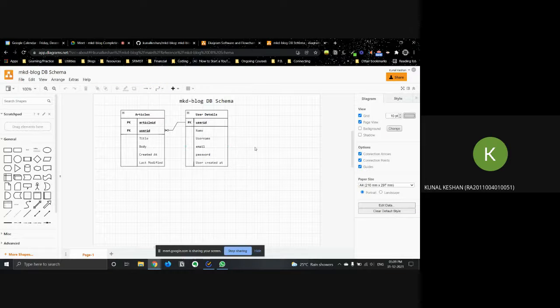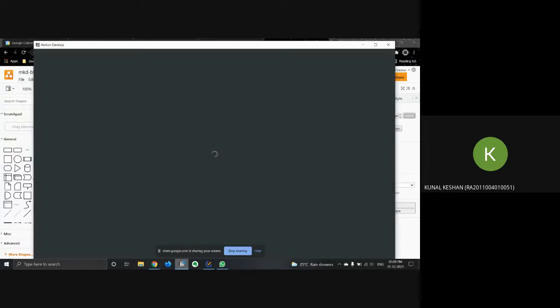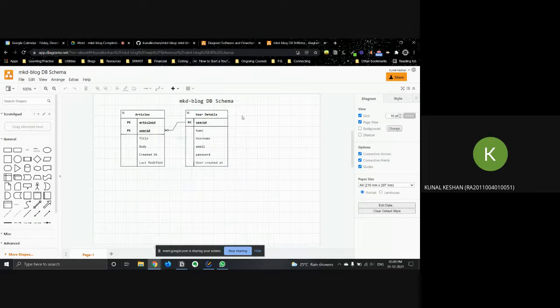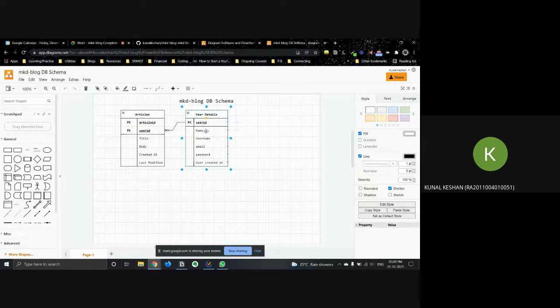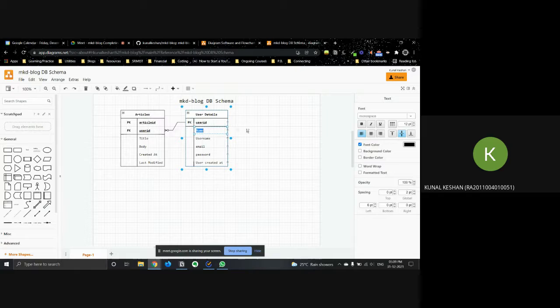All right. Yeah, so this is what we planned so far, based on the features that we had written. I'll pull that up as well. Till that loads, we made a user details table that will have a primary key user ID, the name of the user, and for more context, I'll just put it as full name.